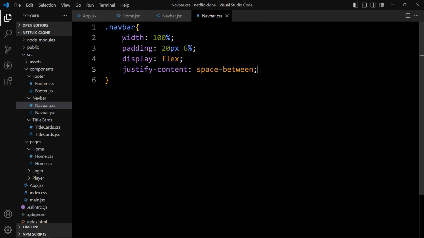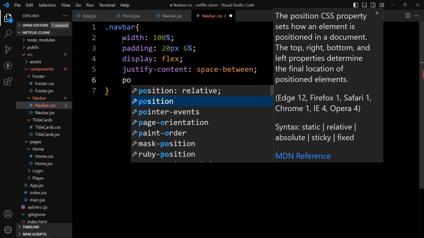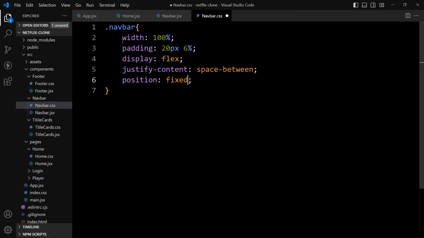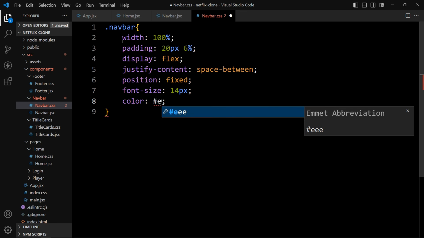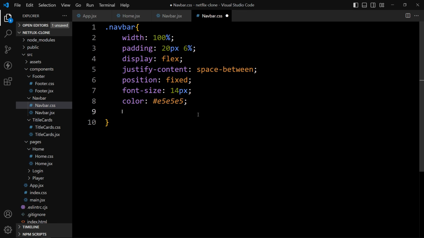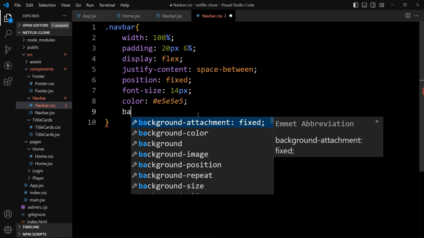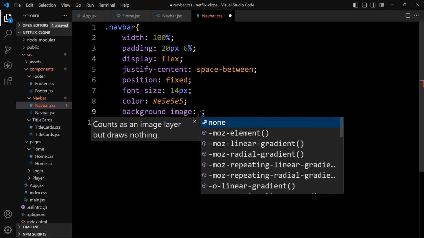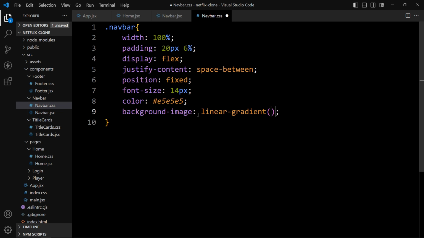so that the left column and right column will be aligned side by side and there will be a space between them. After that we will add the position, and the position will be fixed, so that when we will scroll the web page, then the navbar will be fixed at the top. Here we will set the font size, then we will change the color. We will add the linear gradient color in the background, so we will add the background image, linear gradient 180 degree, and we will add the color.